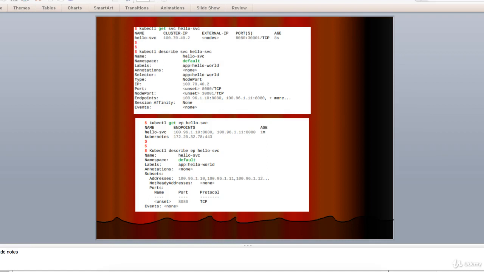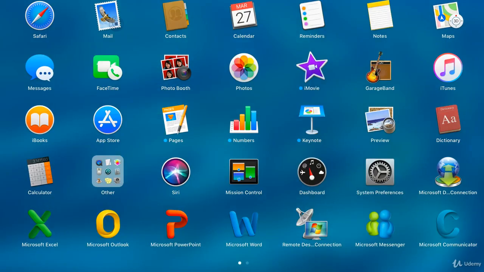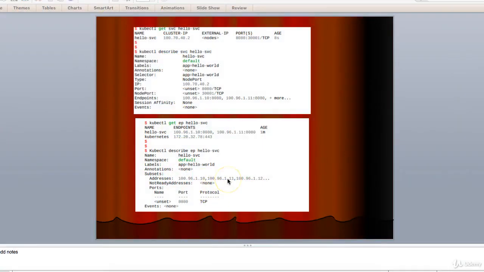Now, endpoint objects. Earlier in the lectures, we said that every service gets its own endpoint object with the same name as the service. This holds a list of all the pods the service matches and is dynamically updated as pods come and go. We can see endpoints with the normal kubectl command. In the command below, we abbreviated endpoints to ep. This one. Now, that is self-explanatory.